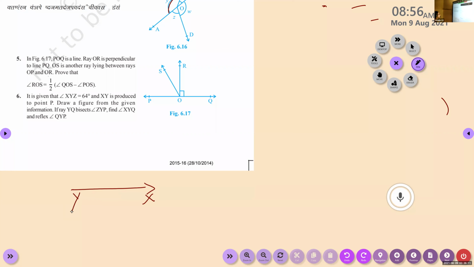XY is produced to a point P. So we are producing XY to P. If YQ bisects ZYP,